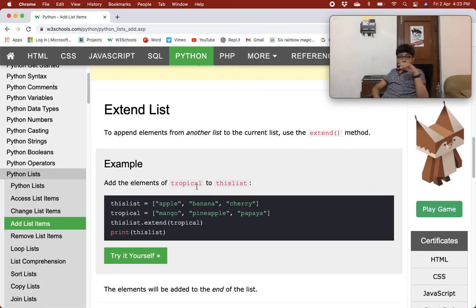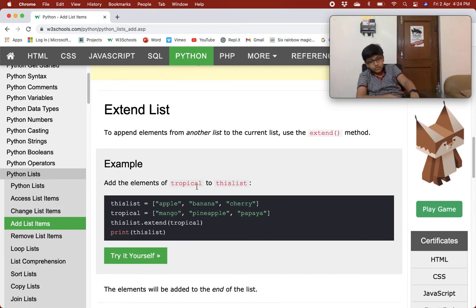So add the items of tropical to this list. Here we have this list: apple, banana, cherry. Then we have a tropical list. Its values are mango, pineapple, papaya. Now we are doing list dot extend tropical. So this list will be extended by tropical. All the elements of tropical will come in this list, and tropical will remain unchanged, whereas this list will have apple, banana, cherry, mango, pineapple, papaya.